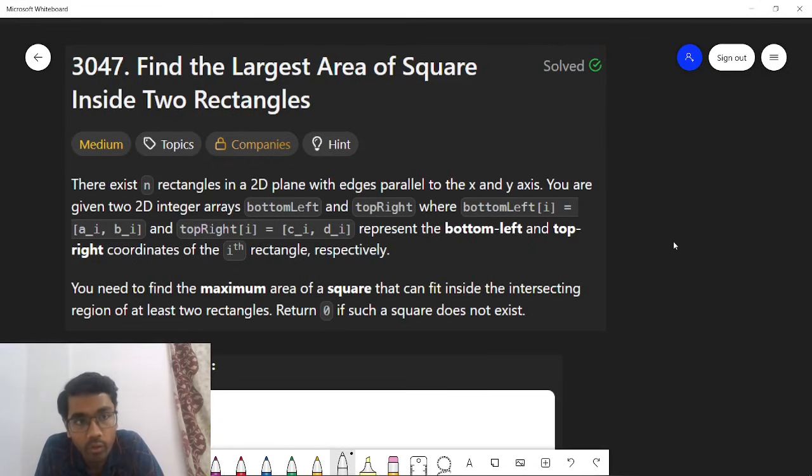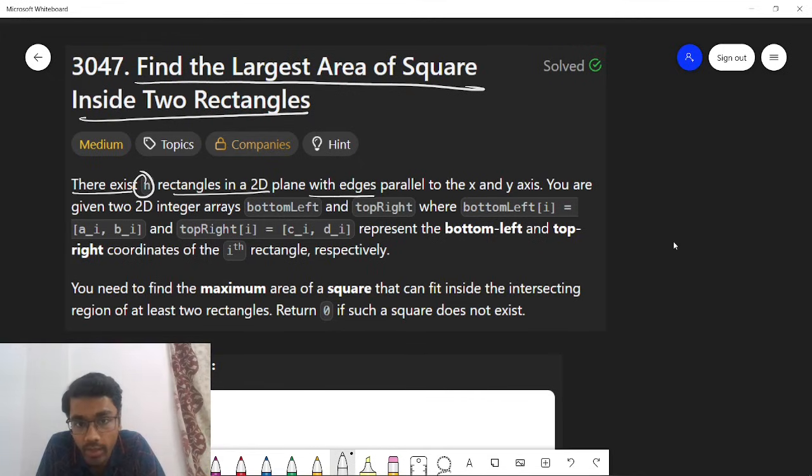So hello everyone, in this video we'll be solving another LeetCode problem, and the problem name is find the largest area of square inside two rectangles. So there exist n rectangles in 2D plane with edges parallel to x and y axis, and you are given